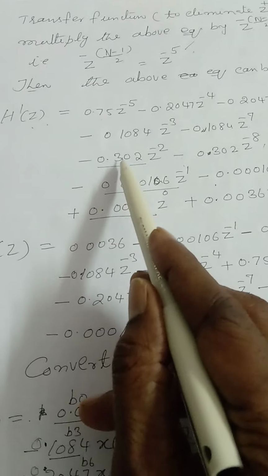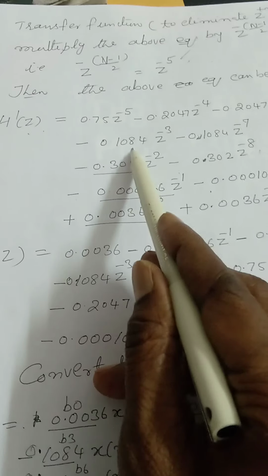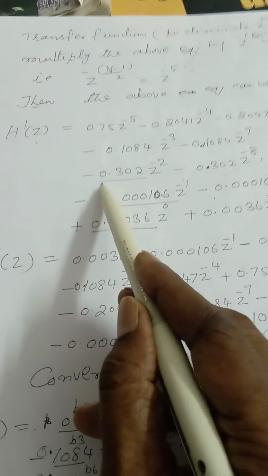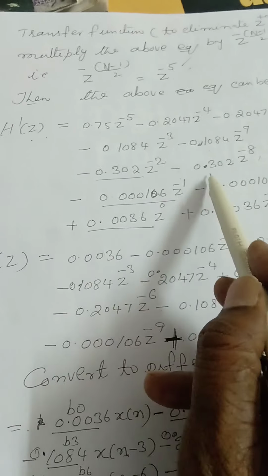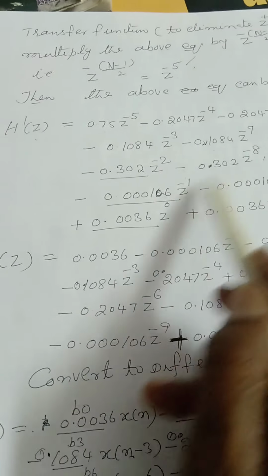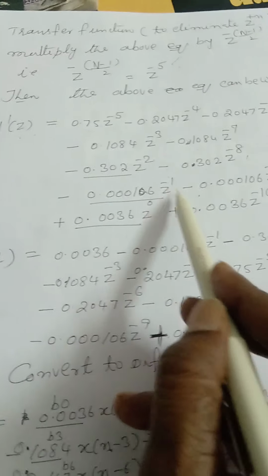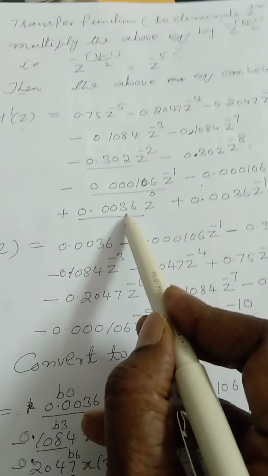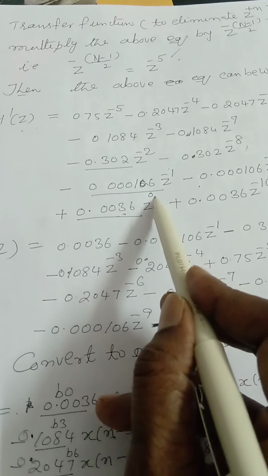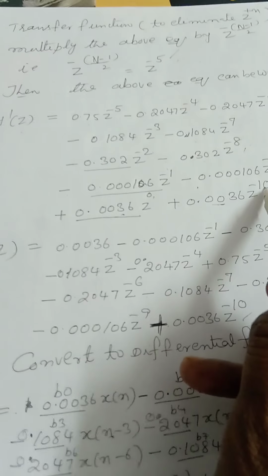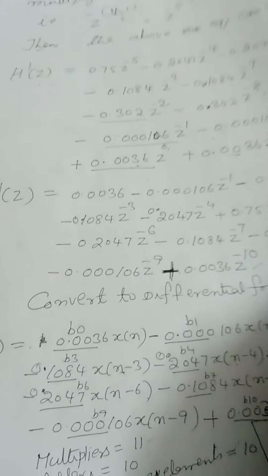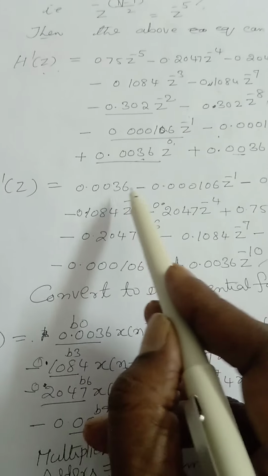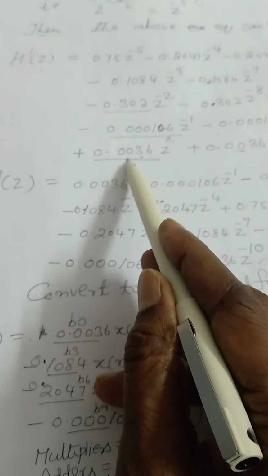Now you see the equation here: this coefficient into z minus 3, this coefficient into z minus 7, this coefficient into z minus 2, this coefficient into z minus 8, this coefficient into z minus 1, this coefficient into z minus 9, this coefficient into z to the power of 0, this coefficient into z to the power of minus 10. Then we have to take first of all z to the power of 0 is equal to 1, that is